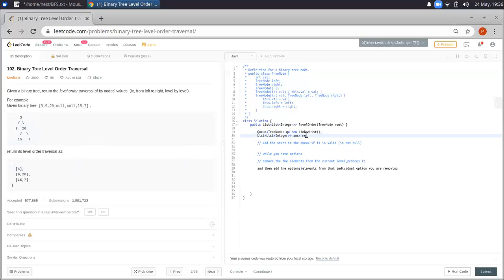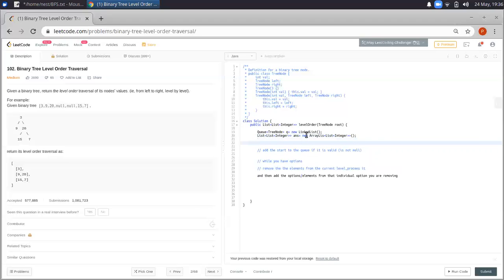So we just declare our answer. It will hold, this is a list of a list. So we mentioned that we never add a null or an invalid option into our queue. So we check that if root is not equal to null, only then we add it to the queue,